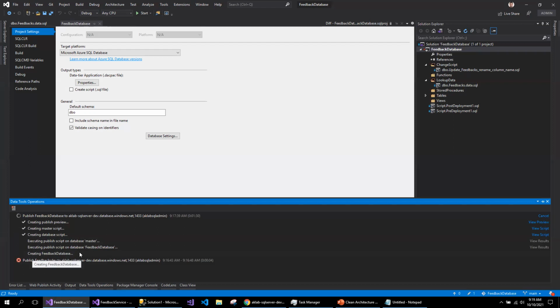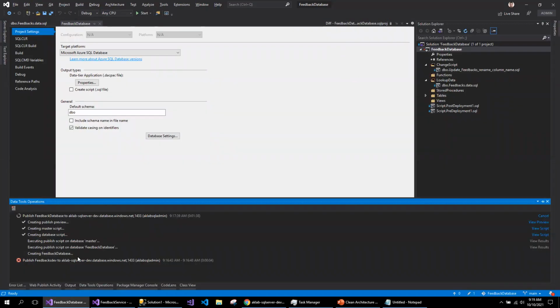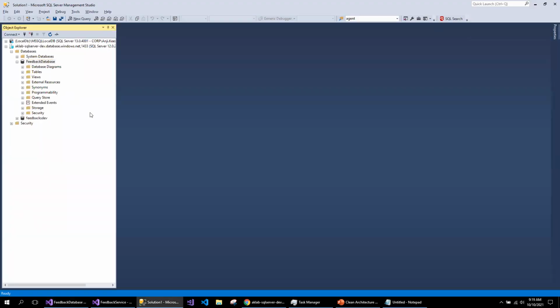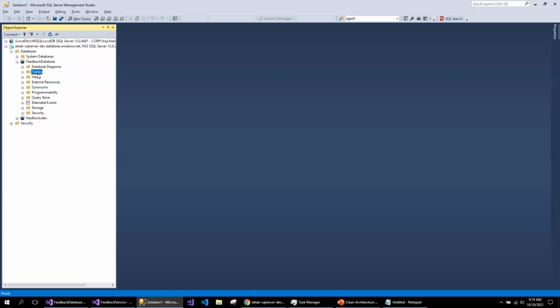This is still executing, so this came up. I thought I created the feedback dev database, but looks like I didn't correct the database name. It says the feedback database. Now the publish is completed. Let me take a look at the database table.